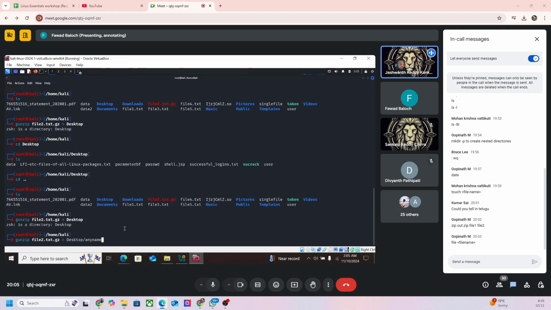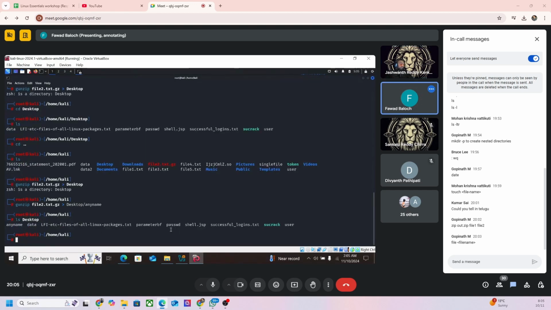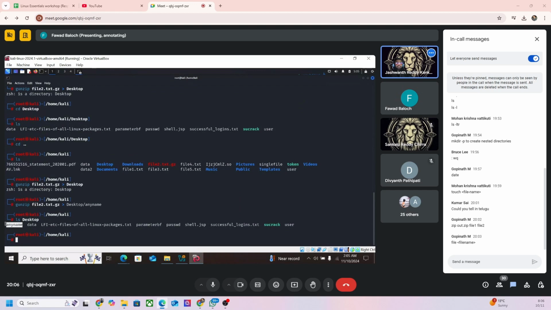Okay. Yeah, click enter. Now go to any name. ls Desktop. Perfect. There is any name at the very first, to your left. So that's how you're gonna zip and unzip, and you're gonna give an output to a certain directory. Apart from that,